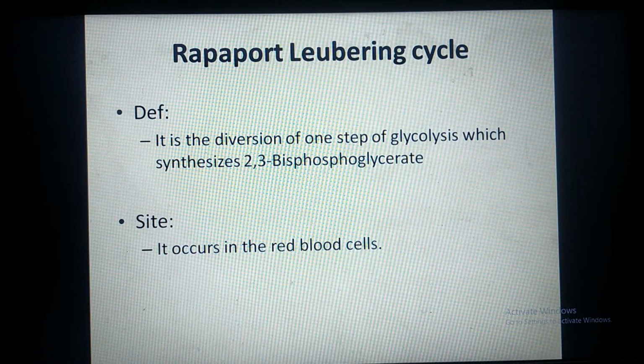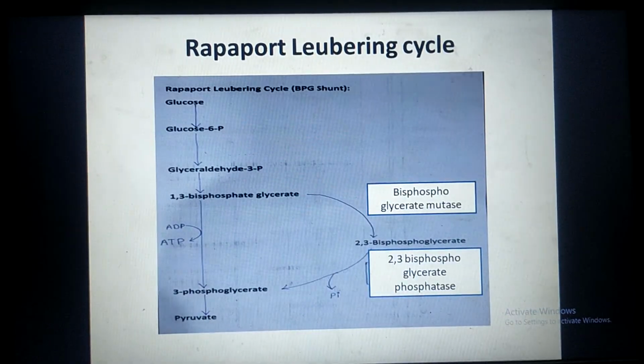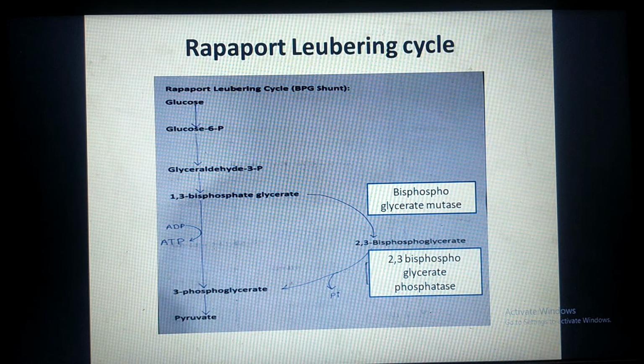Next cycle is the Rapoport-Luebering cycle, which is generally studied along with glycolysis. So first I will show you what the Rapoport-Luebering cycle is. This Rapoport-Luebering cycle occurs in RBCs. If you see the slide,